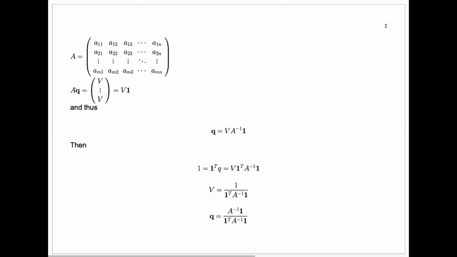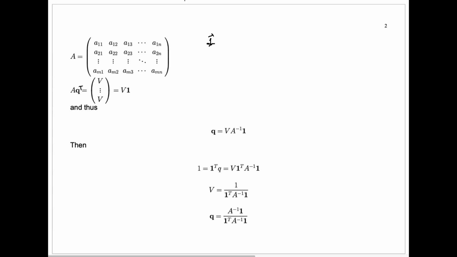So now we get A times Q. In fact, I want here Q transpose. Q transpose will be a column vector, that's n by 1. A times Q transpose will be this column vector, each of whose entries is V. And that we can write as V times the vector 1,